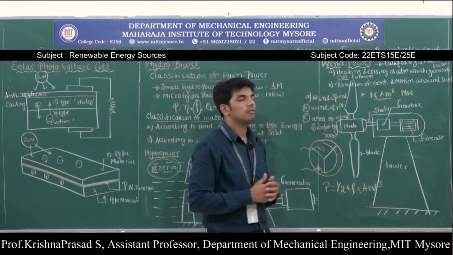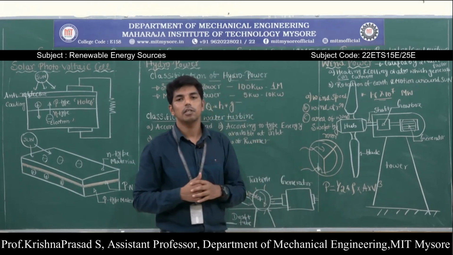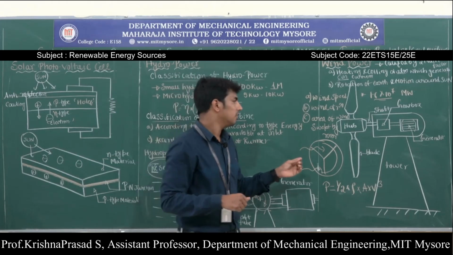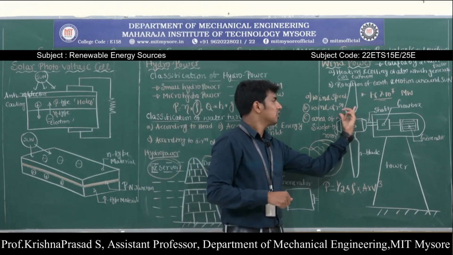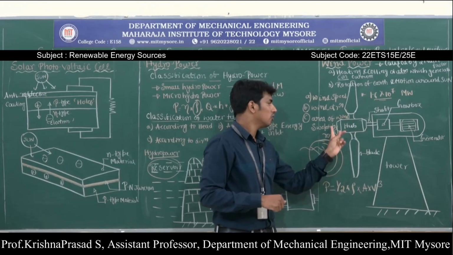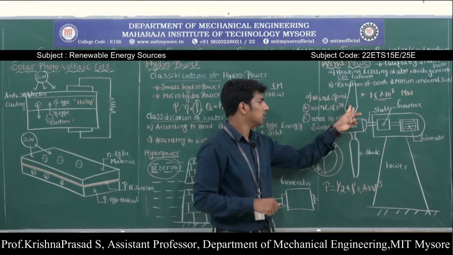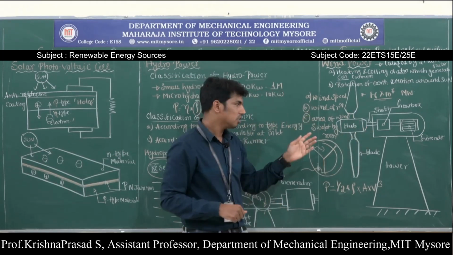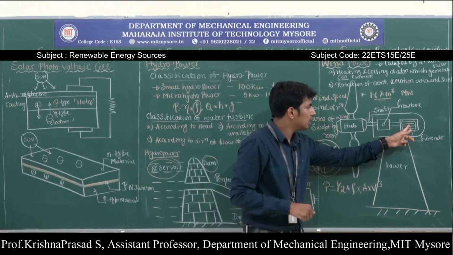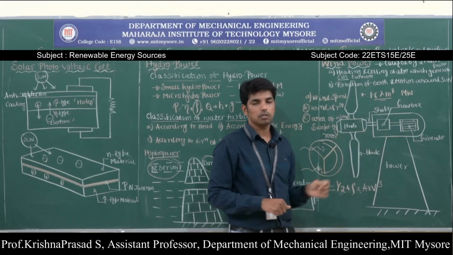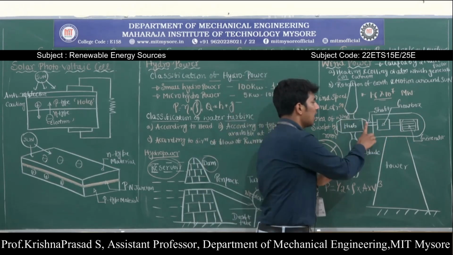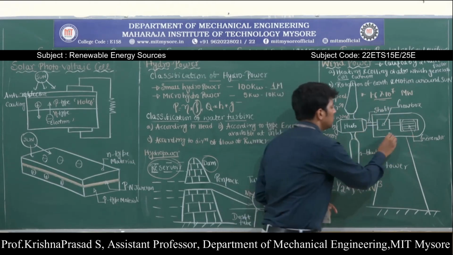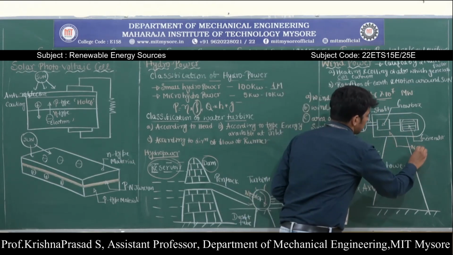So next, very important, is the working of the windmill. That means the construction and working of the windmill. The wind turbine usually consists of a hub with specially designed blades, and that is connected to the shaft. Next, the shaft is connected to the electrical generator through a gearbox, and this shaft, gearbox and generator are completely enclosed in a housing called the nacelle.